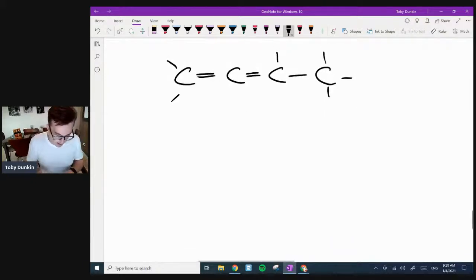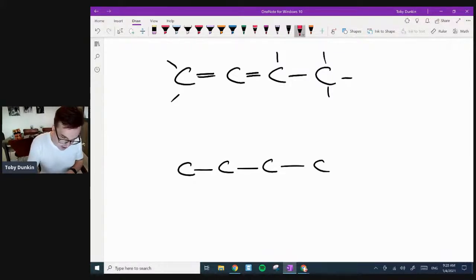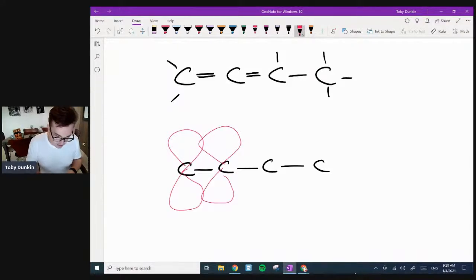The reason why is because this is going to be really hard for me to draw. We've got our single bonds in the middle. It's going to be really tough, this. And we have a pi overlap here. We have a pi overlap on this one. But the thing is, this carbon atom here has also got to form another set of p orbitals, another set of overlaps. And what's now going to happen is that this here is the py. This is the py orbital. We're now going to have a px orbital splitting off.